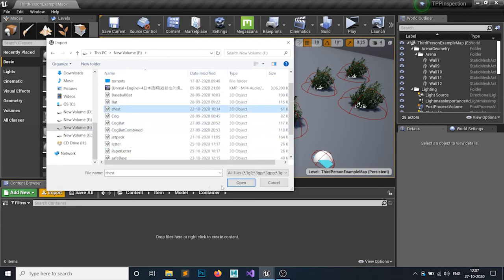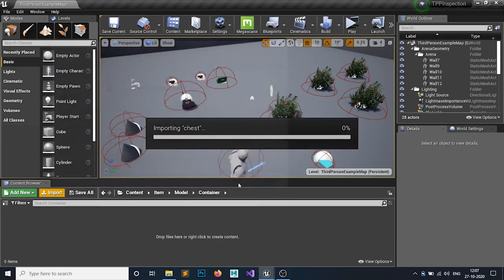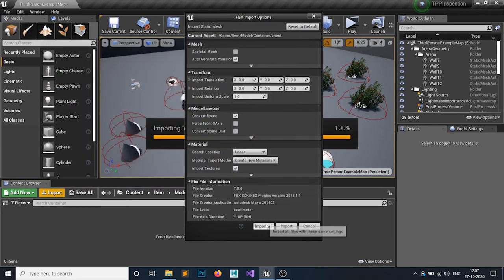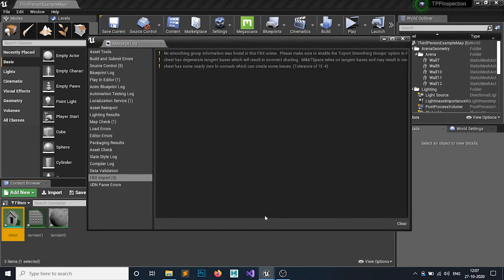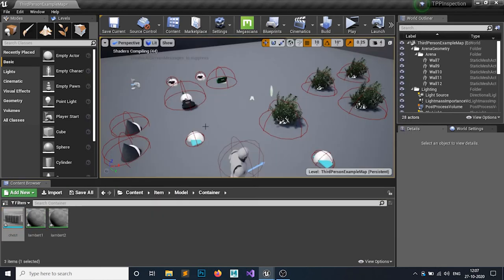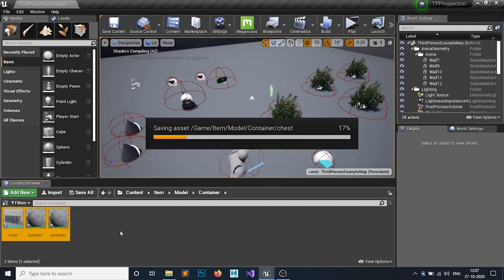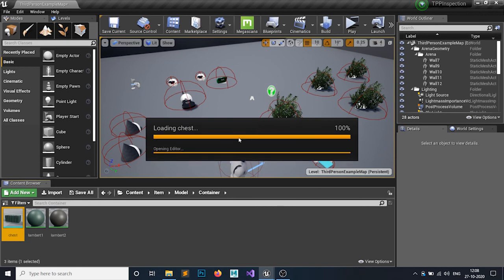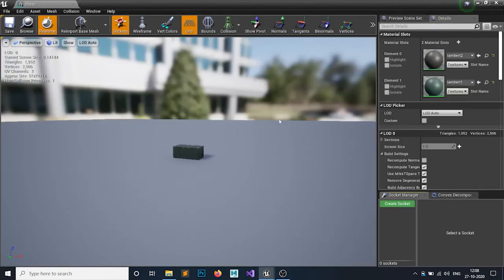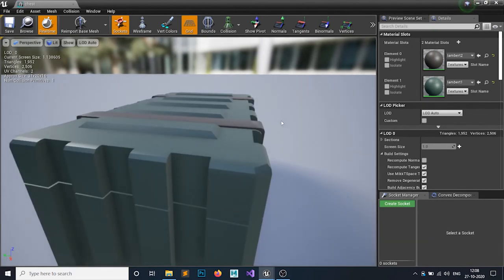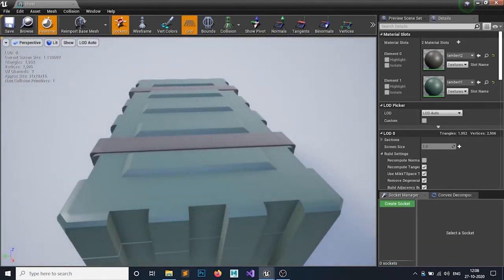I think this is it. Import, yep, this is the one. It's saved. This is just a container I have made in Autodesk Maya. So let me show you. It will look something similar to this.